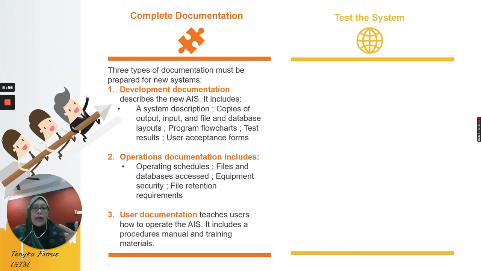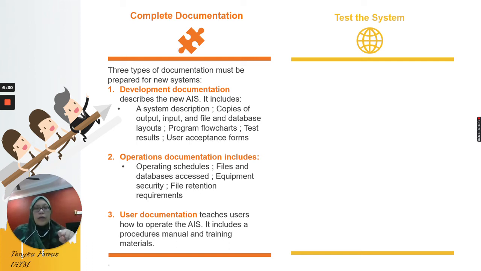They must have the layout of the output and input file, the program flowchart, the test result, and maybe also include the user acceptance form. So here they already have all the evidence. Okay, the example we discussed during program design earlier is part of the development documentation. So all the rules, any error and correction of the program are included in this